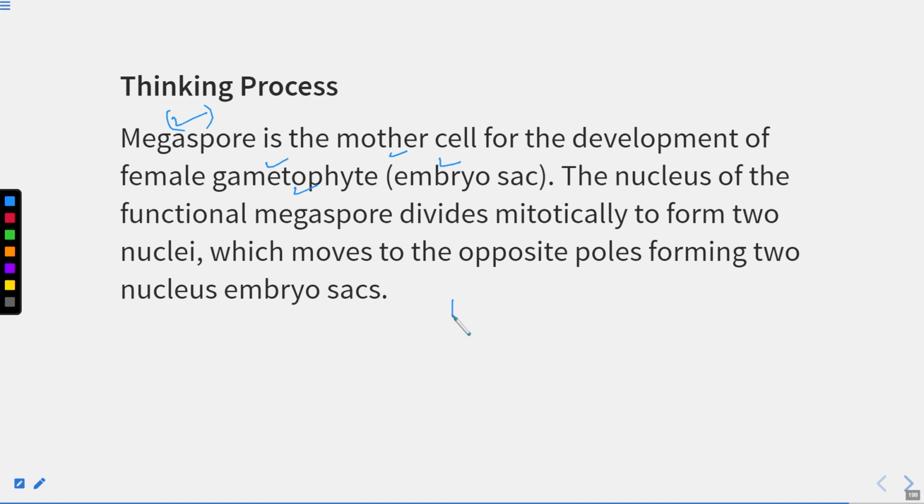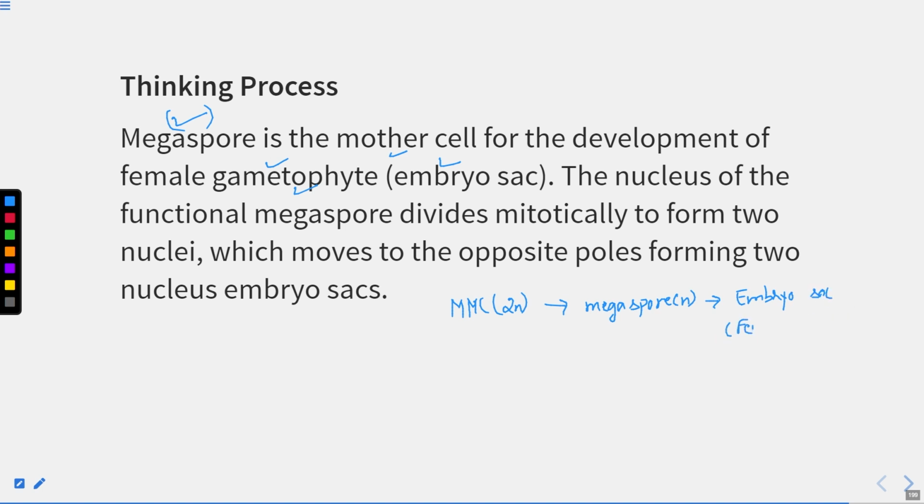You already know there is a megaspore mother cell which is diploid, and it gives rise to what? Megaspore, which should be haploid. Now this megaspore gives rise to what? Embryo sac,